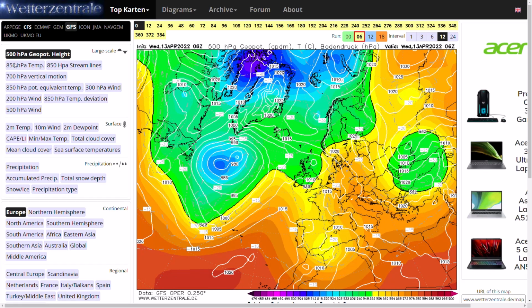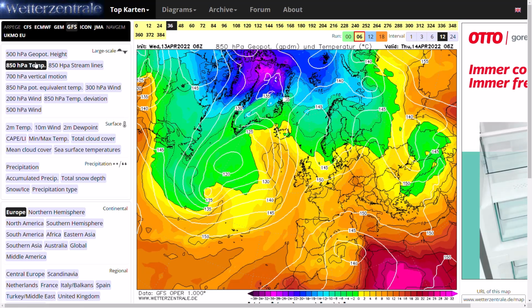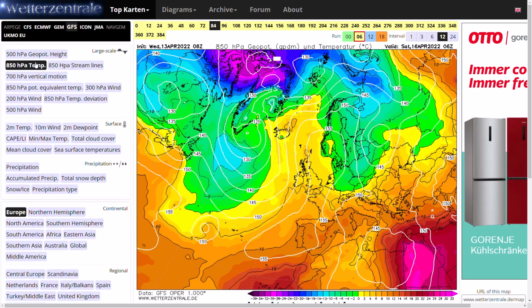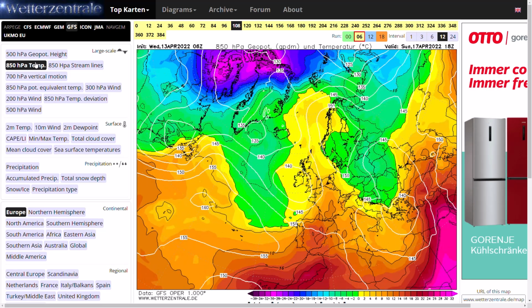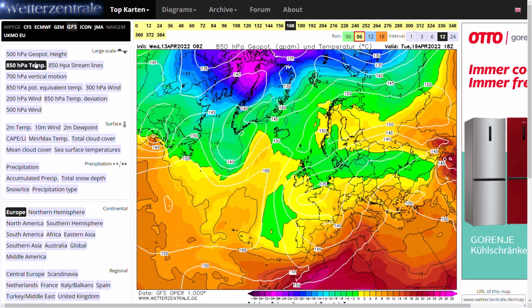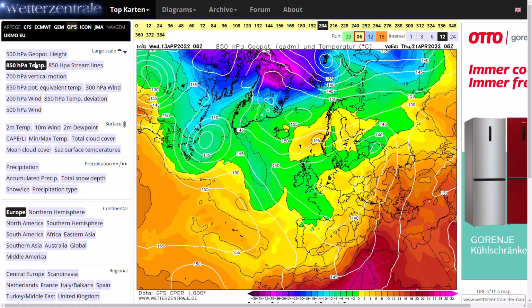Now, if we do have a look at those upper air temperatures, you can see warm over the next few days, as I said, towards 5 degrees at 850 HPA, pretty decent for this time of year, especially under higher pressure. As that low pressure moves in by Sunday, Monday, cool upper air conditions getting down towards 0 degrees at 850 HPA, not massively cold, not really getting the -5 line in or anything like that,